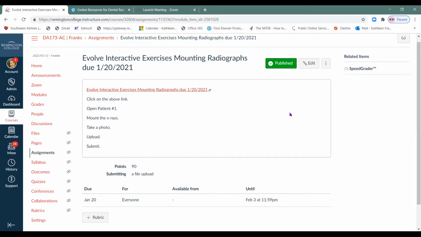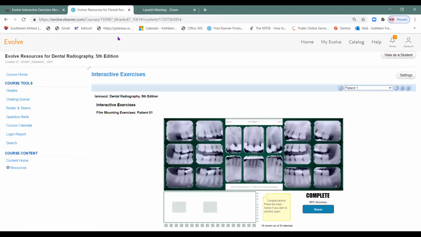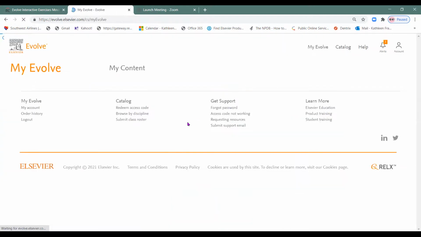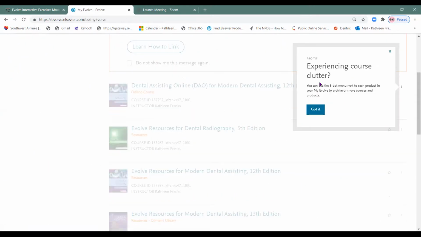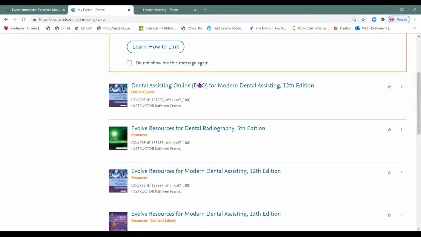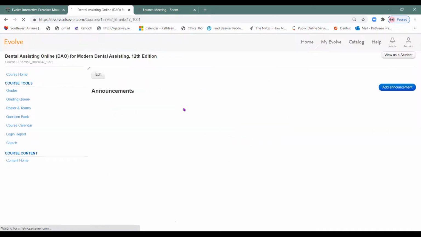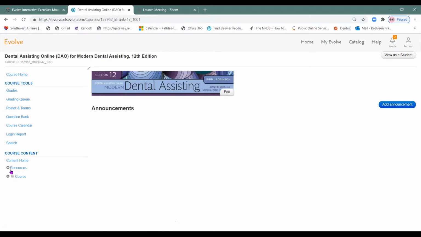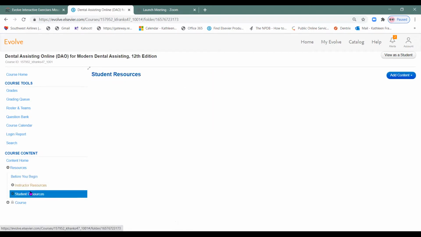And then I'll put some more mounting assignments in. You can do patient 2, patient 3 as we go along. There's some great things in Evolve that I really want you guys to make use of. This is actually for your radiology book, but if you go back into your regular textbook, I think I mentioned this before, there's even some more. If you go to student resources,